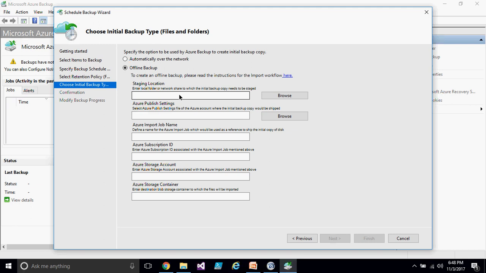That means if a company has tons of data which cannot be sent on the network, right, over the internet, which is practically not possible, then they have an option to send the hard drives to Microsoft data center, right? So that is called an offline backup process, right? So you have to pay separately for that. So that is called the Azure Import/Export service, where you can send your hard drives packaged to Microsoft